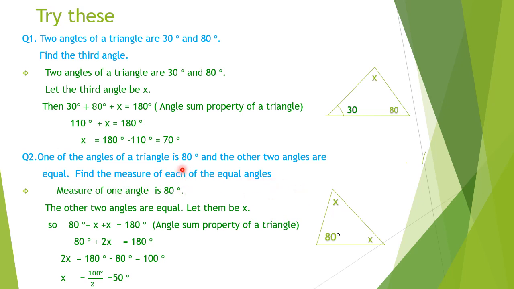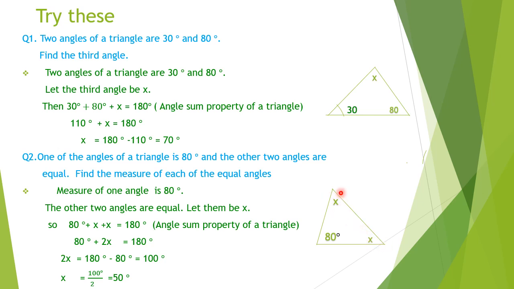So here in the question we have got one angle. One of the angles means any one angle you write as 80 degree. The other two angles are equal means we are taking the other two angles as x. Then we have to find the measure of x. Okay children. So we have drawn here one triangle and here one angle is given. So it is 80 degree anywhere. You can mark 80 degree. Okay, here I marked 80 degree. And the other two angles as given in question, we take as equal angles means x.